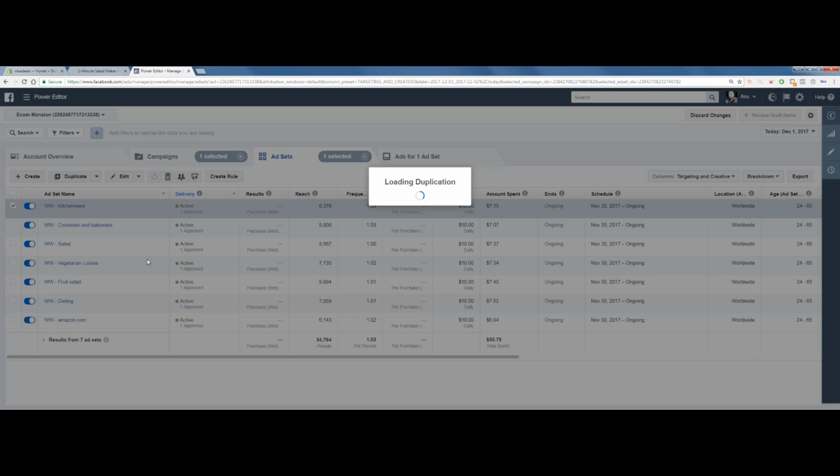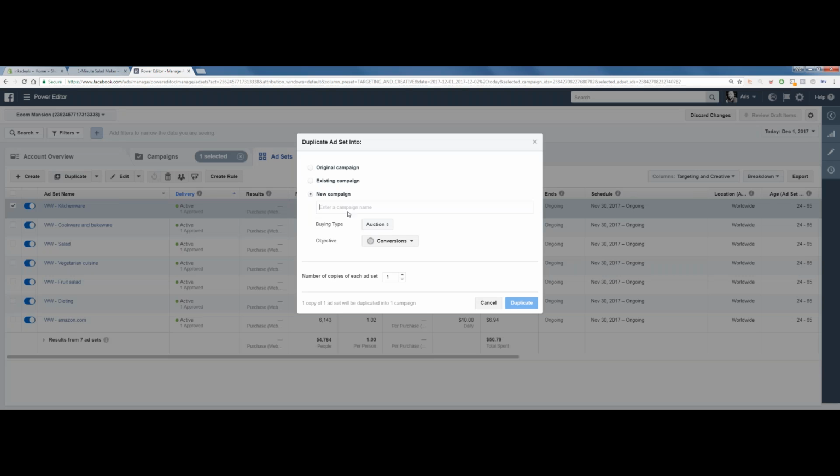Okay? That's what we're going to do right now. You duplicate an original. You can also duplicate it in a new campaign. So it's going to take this exact ad set as it is and put it in a new campaign. Organizational purposes. There's no other reason. You don't really have to do it, but if you want to separate this into a new campaign and name it,